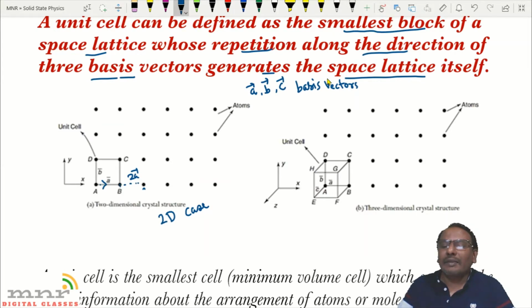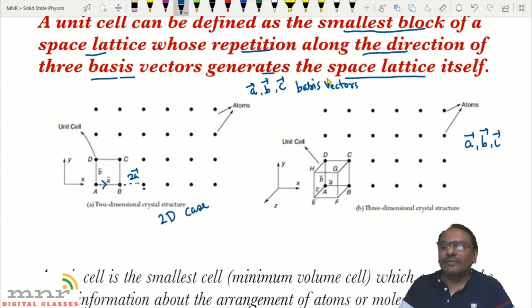Similarly, in the three-dimensional case, we consider the three basis vectors A bar, B bar and C bar. If they are displaced in their respective directions, that will generate a unit cell. When we make the smallest possible displacement in the particular directions, the structure we get is called a